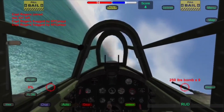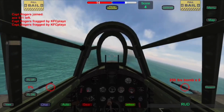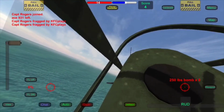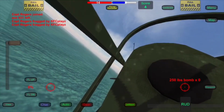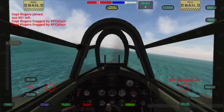So to really talk about this aircraft, I guess, as you can see in the gameplay, it's pretty boring. You don't get a lot of action other than players that don't quite know how to use any of the German aircraft. And so I think that's where this thing makes up for its cannons, where it lacks speed, but